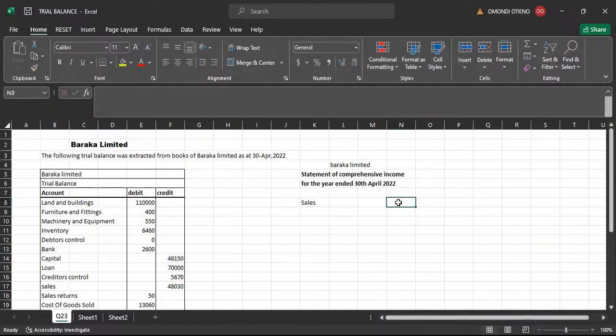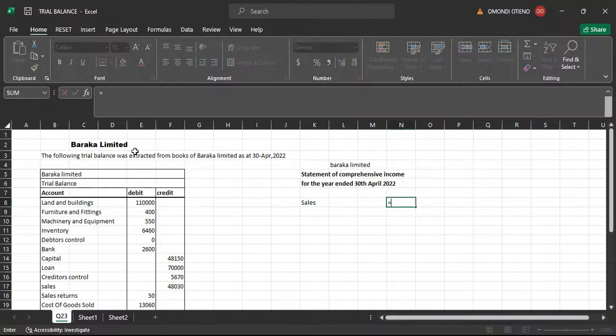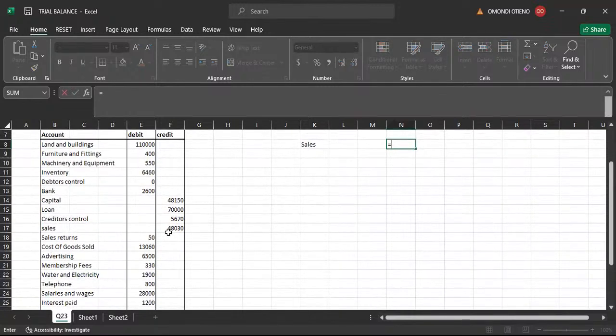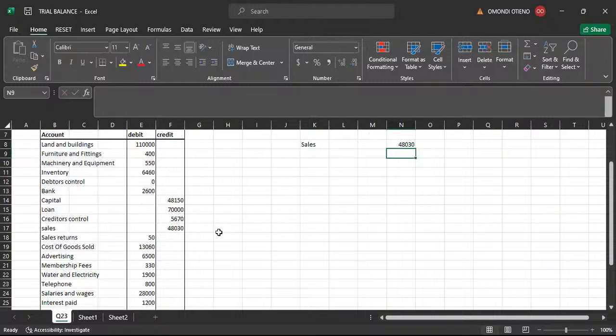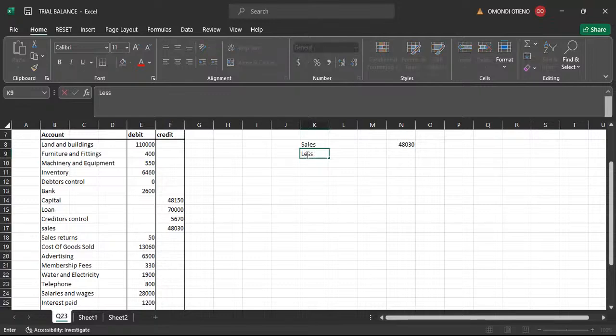So we're going to have sales. Of course, I'll just pick it here because I'm having the advantage of Excel. I just extract it from this particular point. That is sales. So this sale is not the net value. There are some goods that were sold, but the customers returned them. So what are we going to do? Less sales